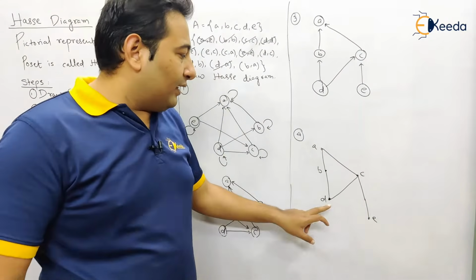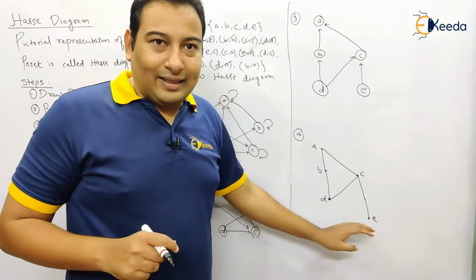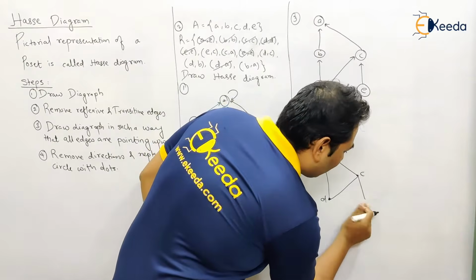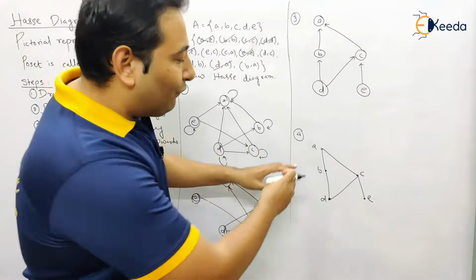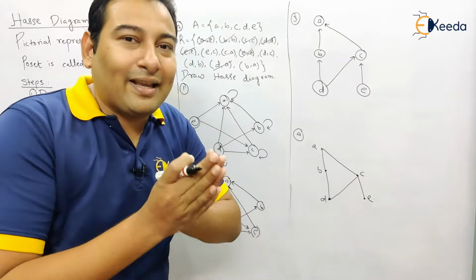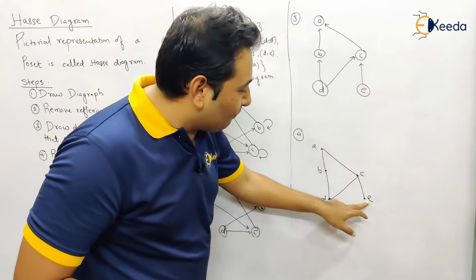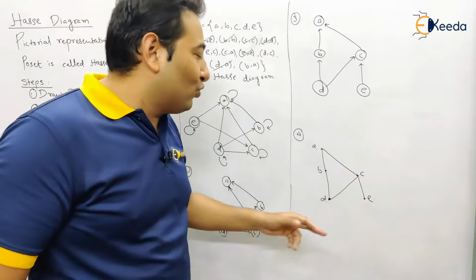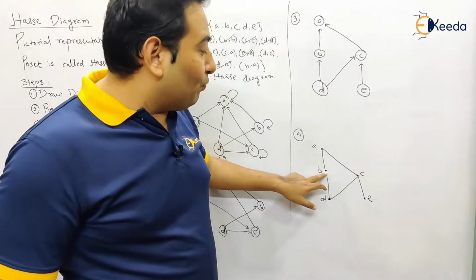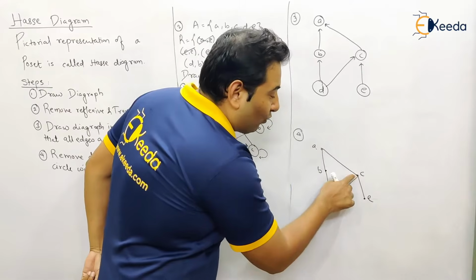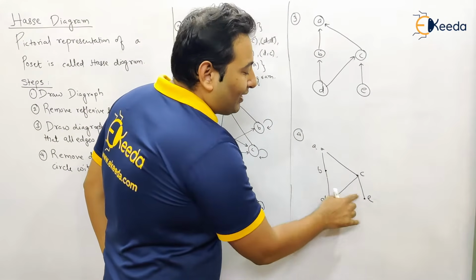Now, if someone draws this diagram in this way, does it make any difference? No. Still, D and E are at the bottom because there is no incoming to them. So just to make it look better, we are drawing D and E at the same level. After looking at this diagram, you can clearly say from where to where there is a link. From B to A, from D to B, from E to C, and so on. There is no link between D and E, and there is no link between E and B. How? Because these are going in an upward direction. You cannot come down.